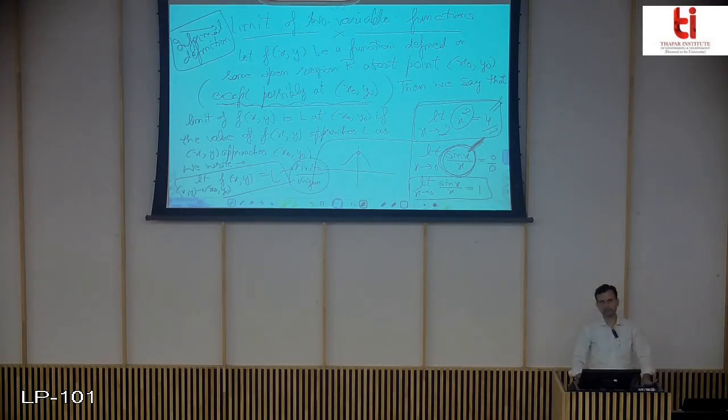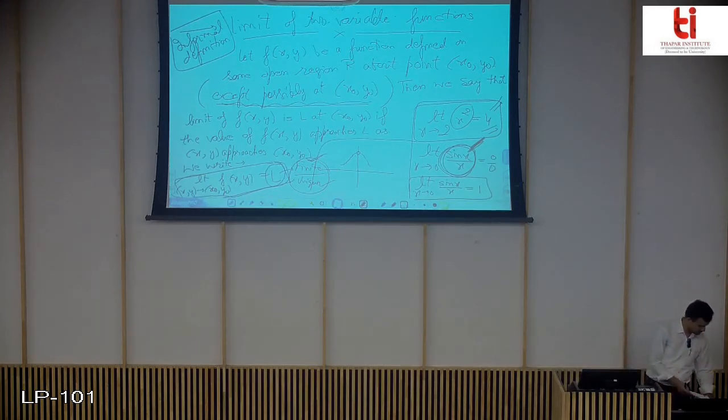So this is the definition of the limit of a function of two variables, and the definition is the same as we have defined for a single variable. Just here now we have two variables. Each and everything will be the same: whatever value we get here should be finite and unique. Now let us do some questions on the basis of this informal definition of the limit of two variable functions.